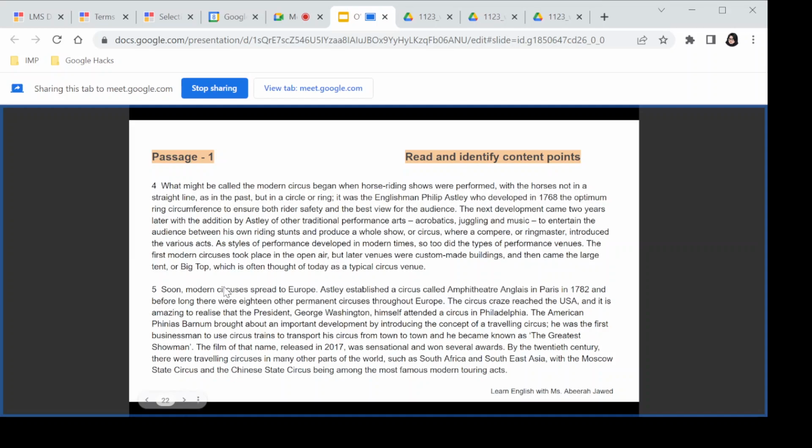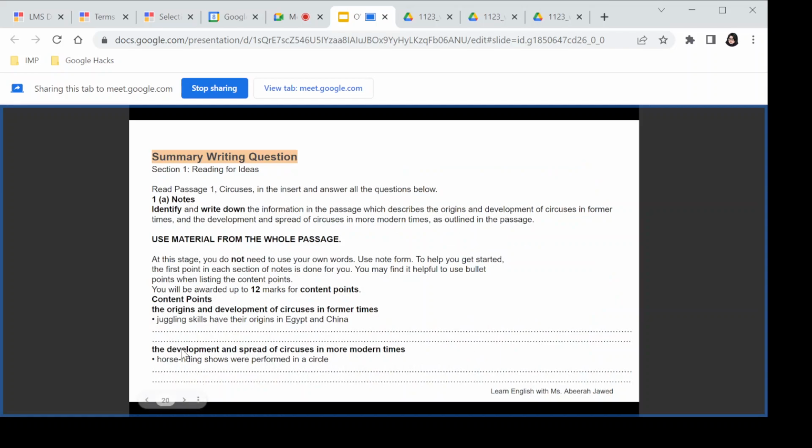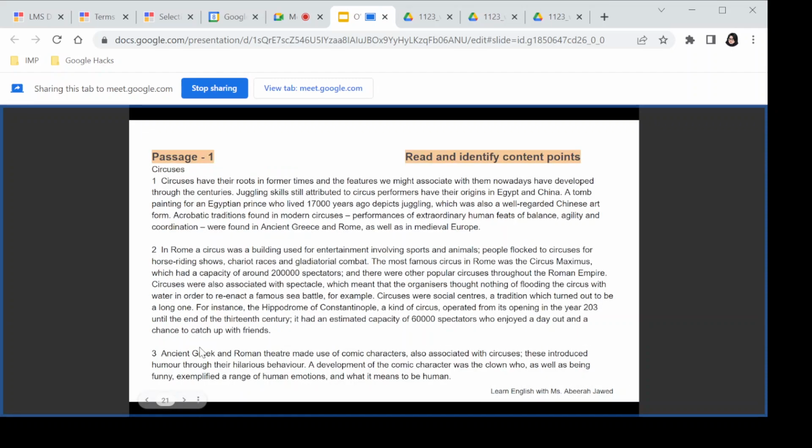Fifth paragraph. Soon modern circuses spread to Europe. So we know the topic sentence is specifically about the spread of circus. Absolutely. And now we know that it is talking about the geographies. If you notice, the way we actually sliced, I would say sliced and cracked open the keywords in the question, right? Now, when we went back to the passage,